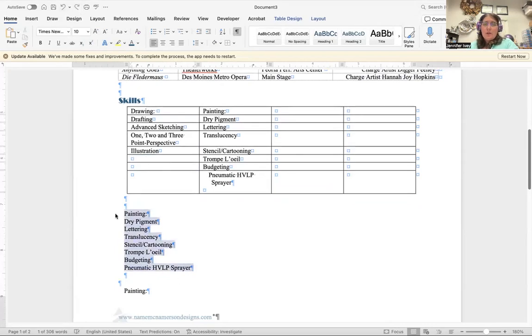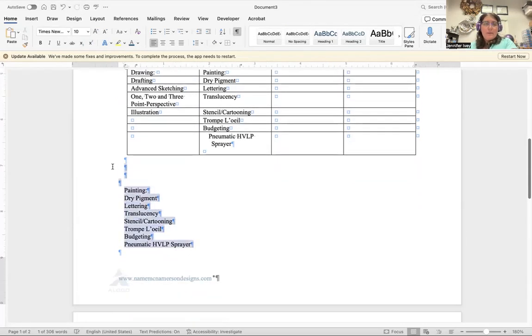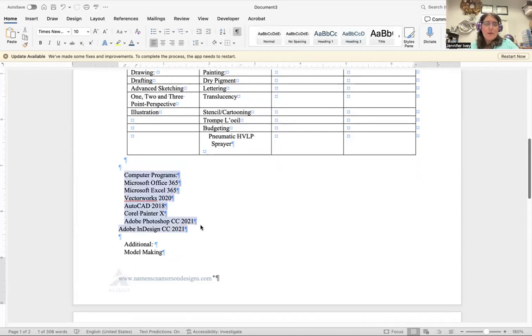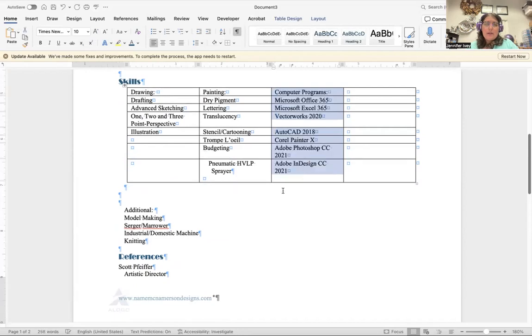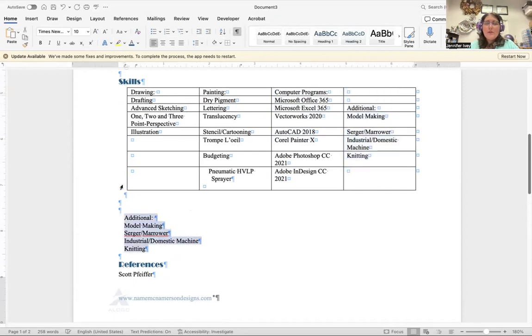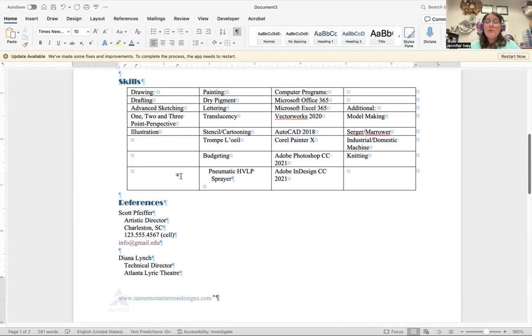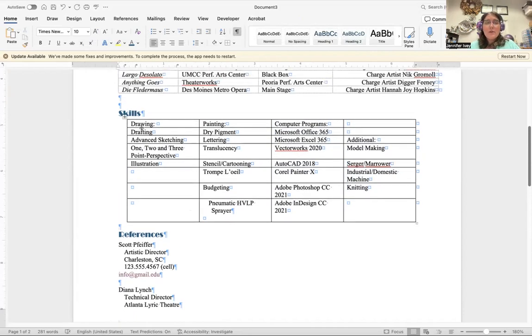Redo, got a little lost, delete, computer programs, cut, select, paste, additional, select, copy, and paste. So this is one of those occasions where you might need to use a single cell shift in order to make this work. So I'm going to go ahead and grab this whole thing,